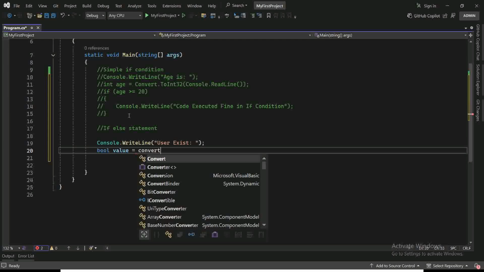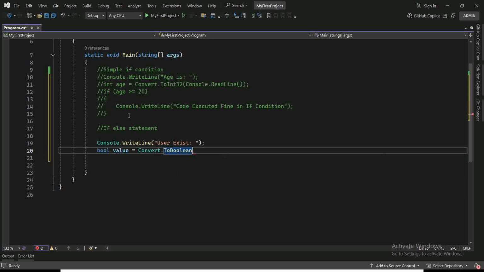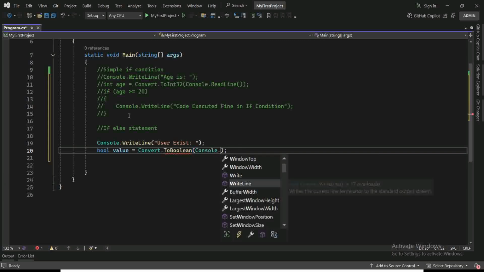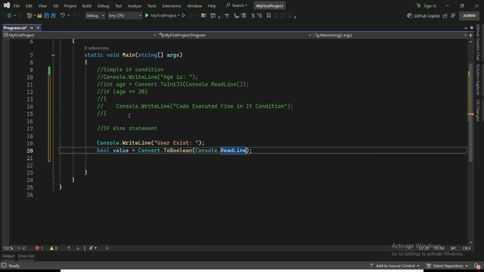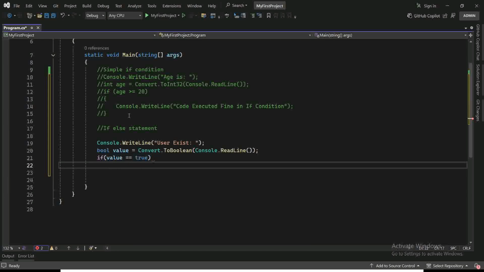We first have to typecast it into bool, and with Console.ReadLine we can get the input. We can provide the input, then we apply the condition if the value is equal to true,